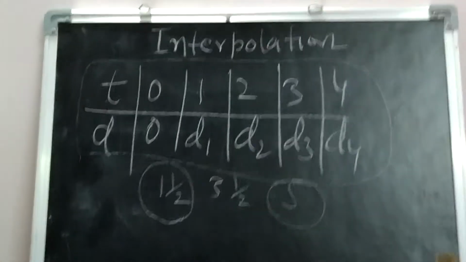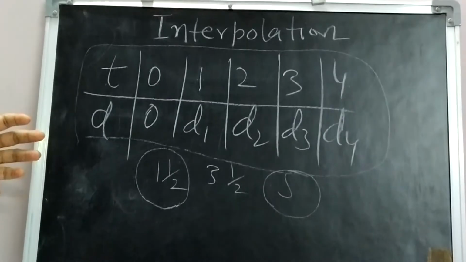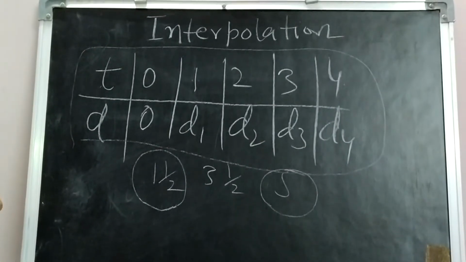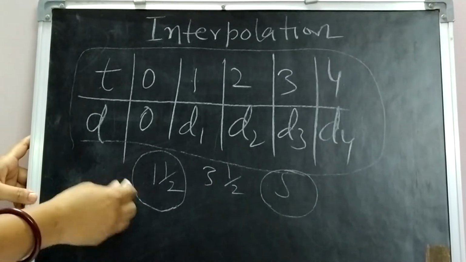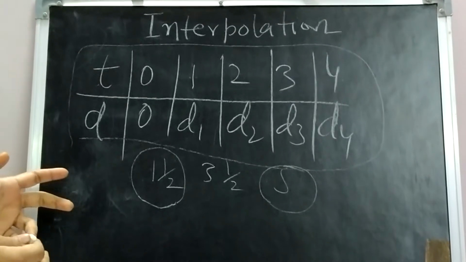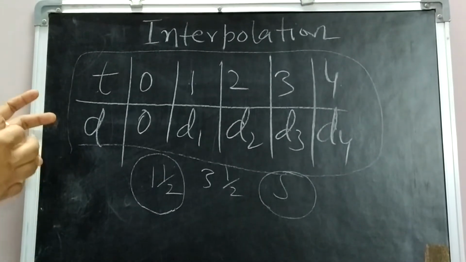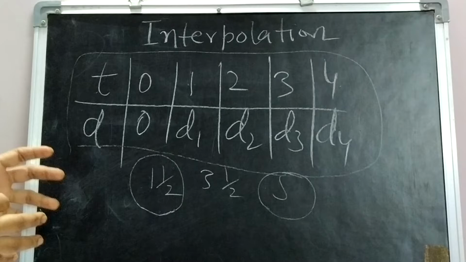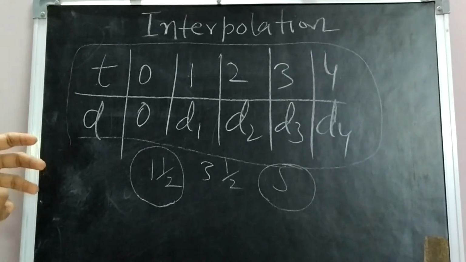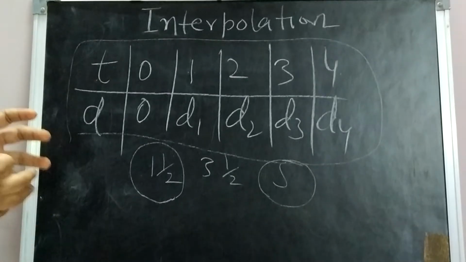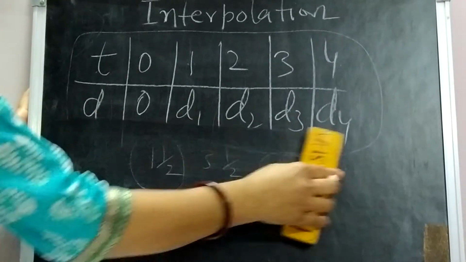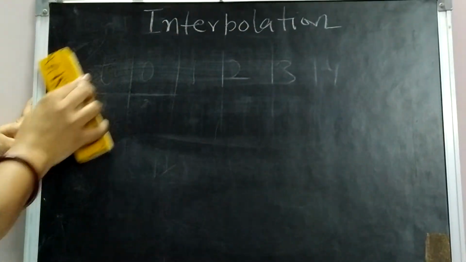One way is that if we can identify a function which reflects this data, then we can put the argument t equal to 1/2 and find the value. But this is not an easy task. So we have to devise a numerical technique. Interpolation is a numerical technique which is capable of answering this kind of problem. So let us discuss this concept of interpolation in detail.